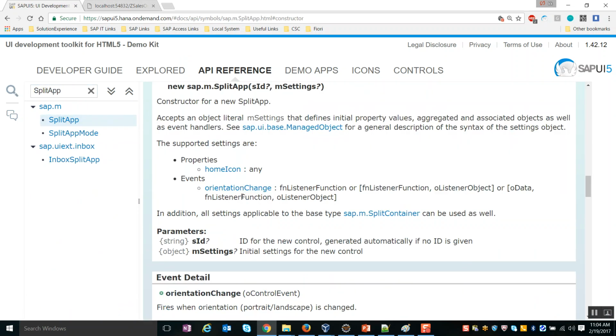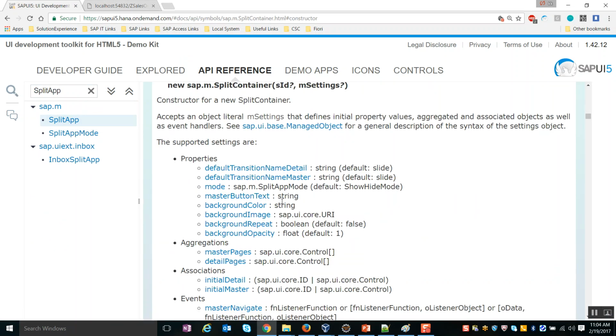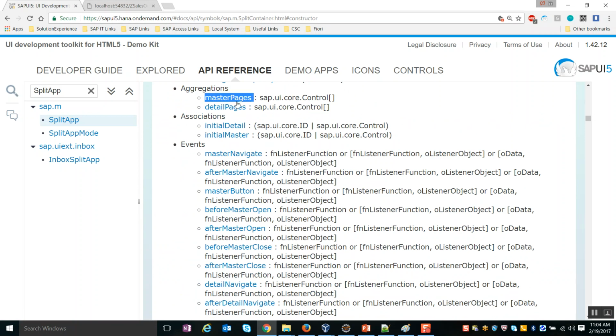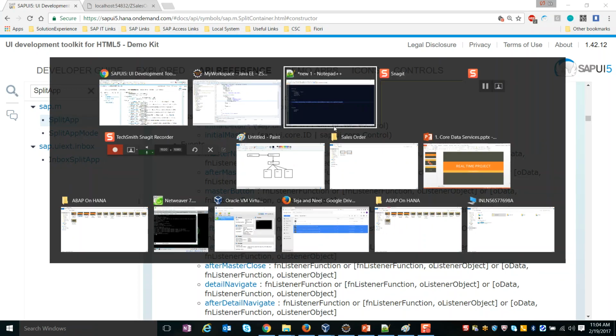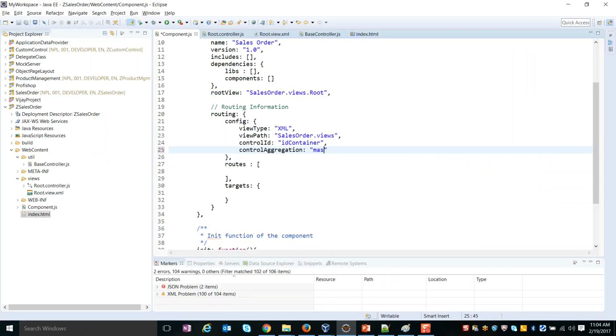you could see that it has two aggregations which are coming from this base class, called master pages and detail pages. So if I'm not going to define any aggregation, then I'm going to place the content in the master pages. Or if I wanted to place it specifically in the detail aggregation, I have to tell the system that okay, this is where you have to place it. So for now I'm just going to specify the detail aggregation as master pages, where I'm indicating that if the aggregation has not been specified, then the system will take master pages as a default